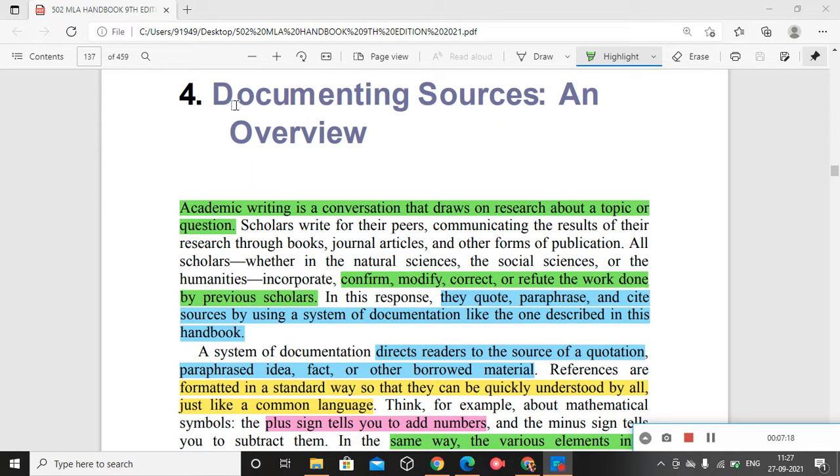There you need documenting those sources. That is, you are quoting from another book. I told you to take the example of feminism. You are depending on the theory of feminism to analyze the plight of a woman character of your primary resource.